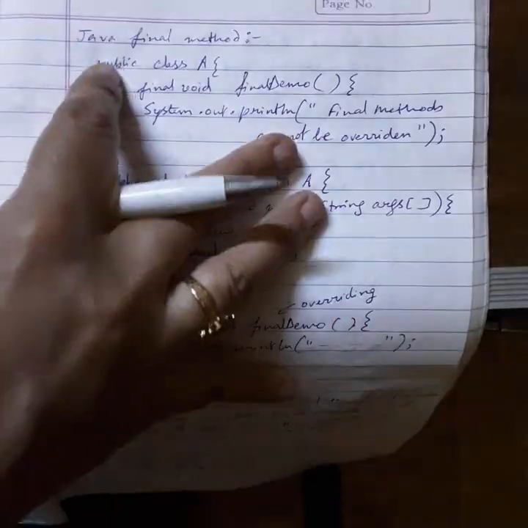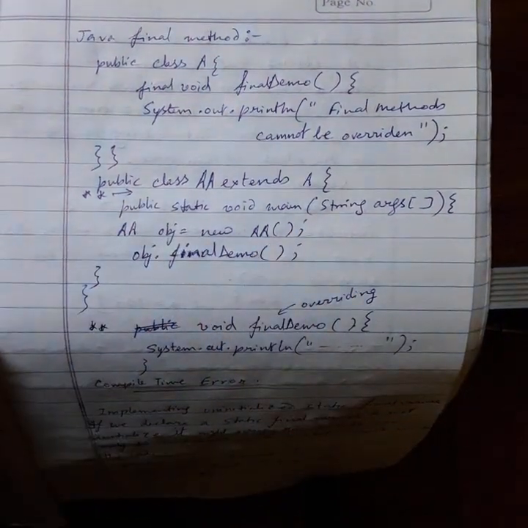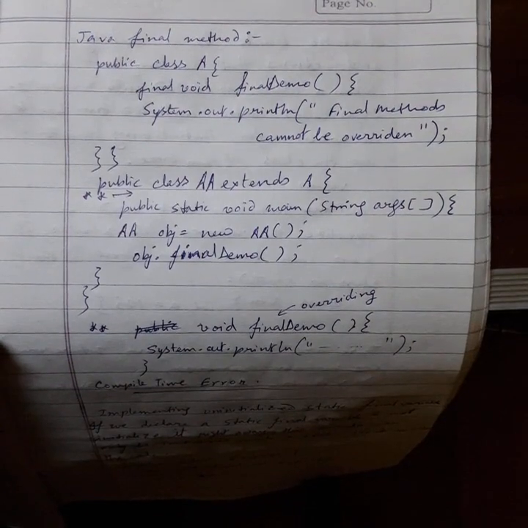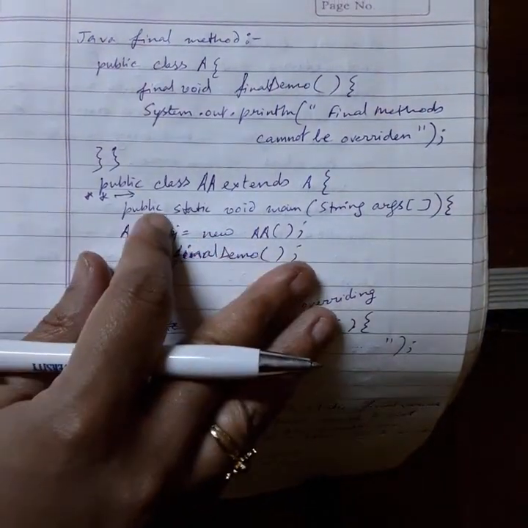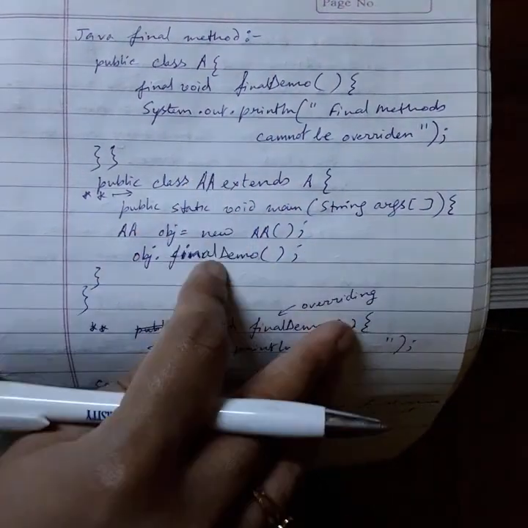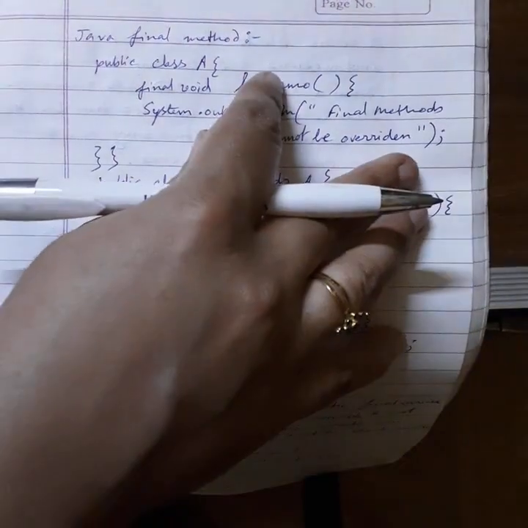No problem, because this is not final here, it is correctly extending. And say we have got a main method. We are creating an object of this class, and we are invoking the method final demo here,